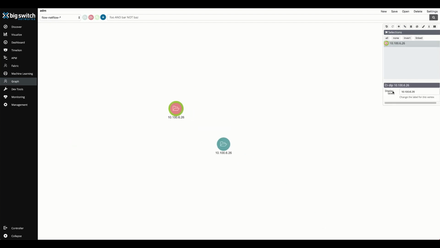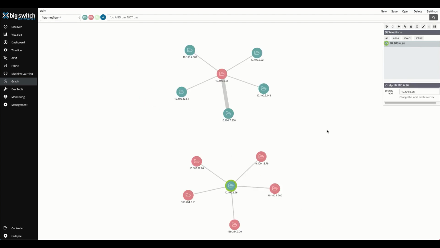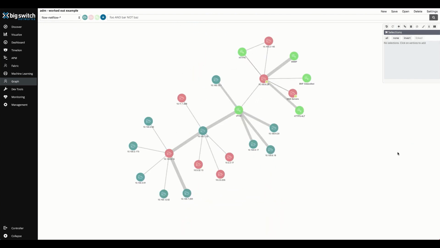In this application dependency mapping dashboard, we have selected a server, and now we will explore the connections to and from this server. The top graph shows incoming connections to the server, and the bottom graph shows the outgoing connections. We can further expand the probe to find more applications and their interactions. This will eventually lead you to an application mapping visualization that shows you how different applications interact with each other